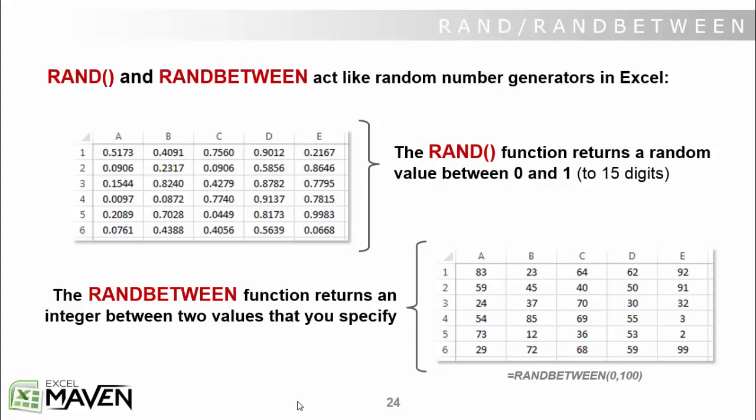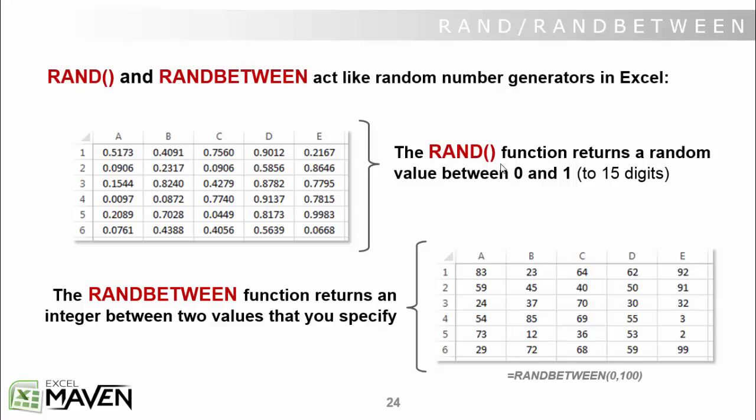The first is the RAND function, and when you write it, you literally just open and close the parentheses without anything in between. Just like you see here, there are a few functions in Excel, like TODAY and NOW, which we'll cover in the date and time section, where you write it this way. There's actually no components to the formula besides the formula name itself. And what the RAND function does is it returns a random number between 0 and 1 out to, I believe,